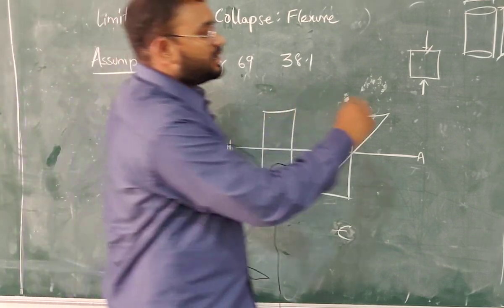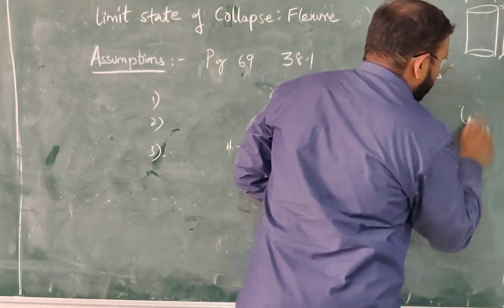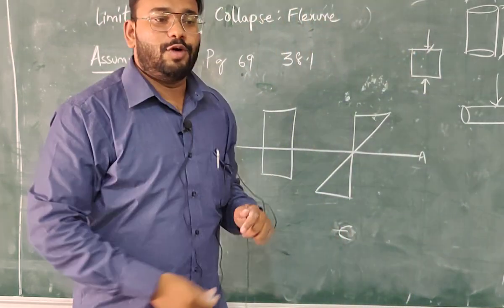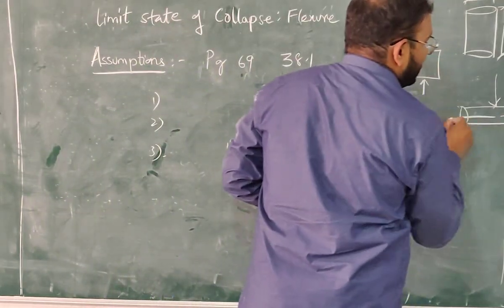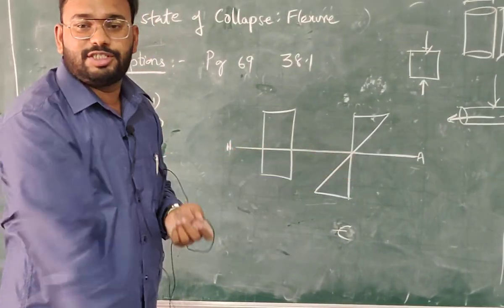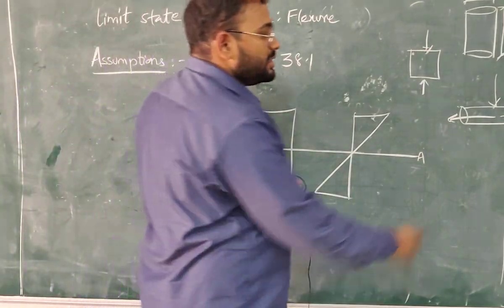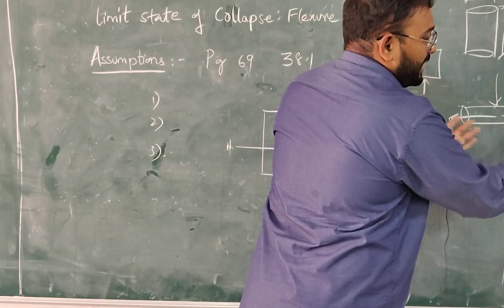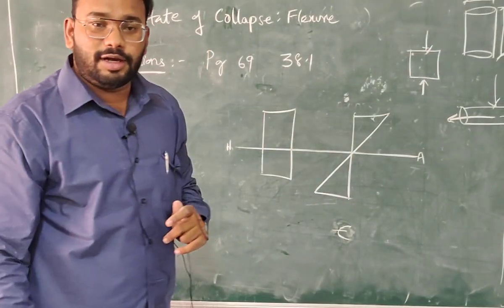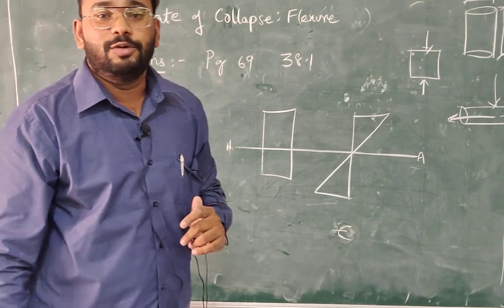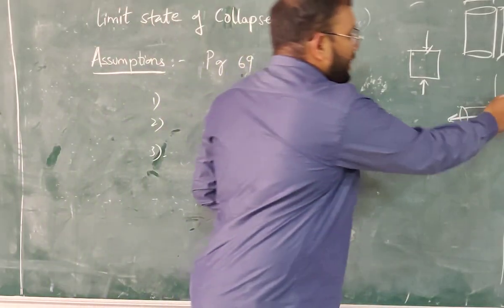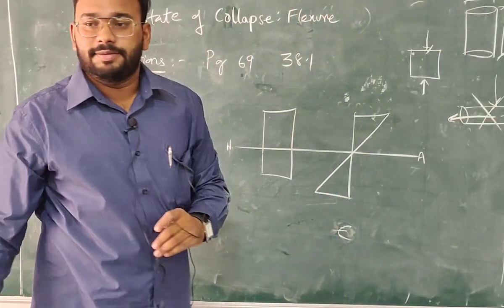Now this cylinder will be placed horizontally and load is applied from top. So what happens? It will try to break in these two directions, right? Load transfer will be in these two directions. Now what happens? This creates tension in the cylinder. Now this tensile strength of concrete is very less compared to compressive strength. So what the code says is you ignore this tensile strength of concrete.